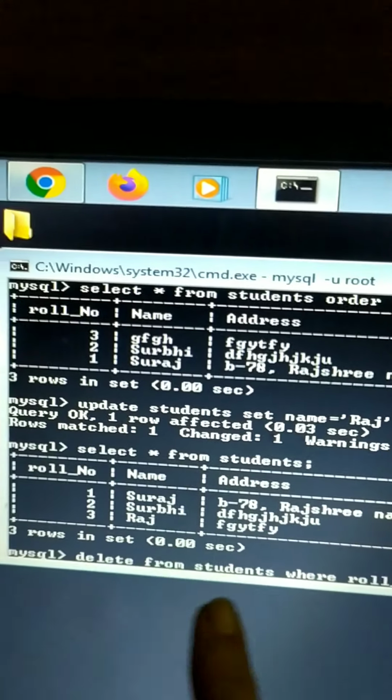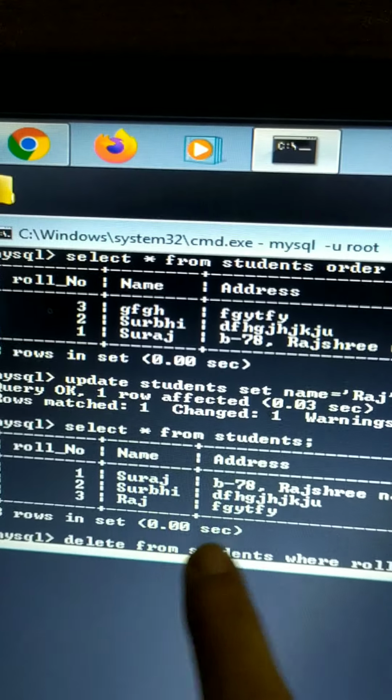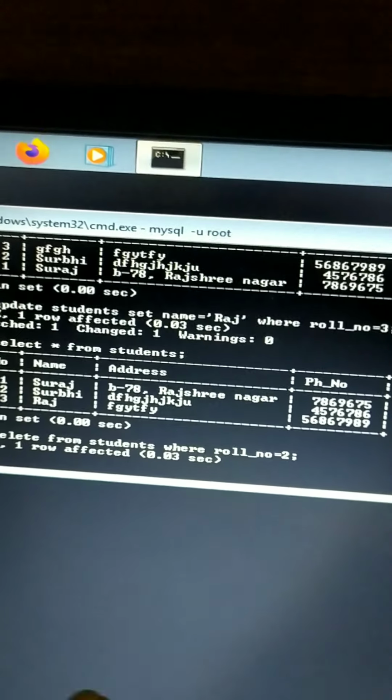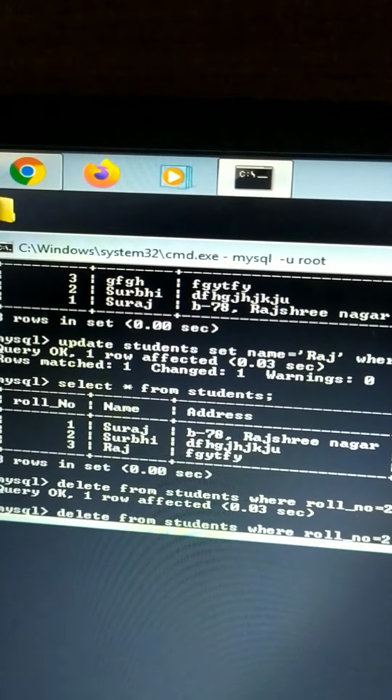See, delete from the table name, that is students, where roll number equal to 2, and click on enter. See, roll number 2 record has been deleted.